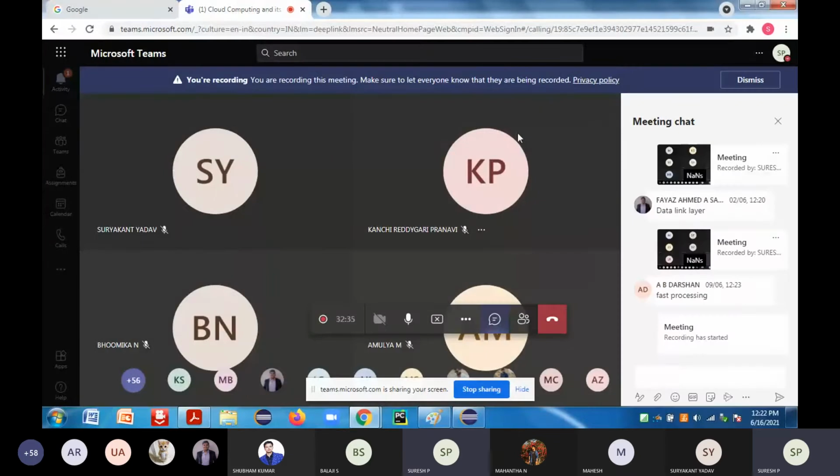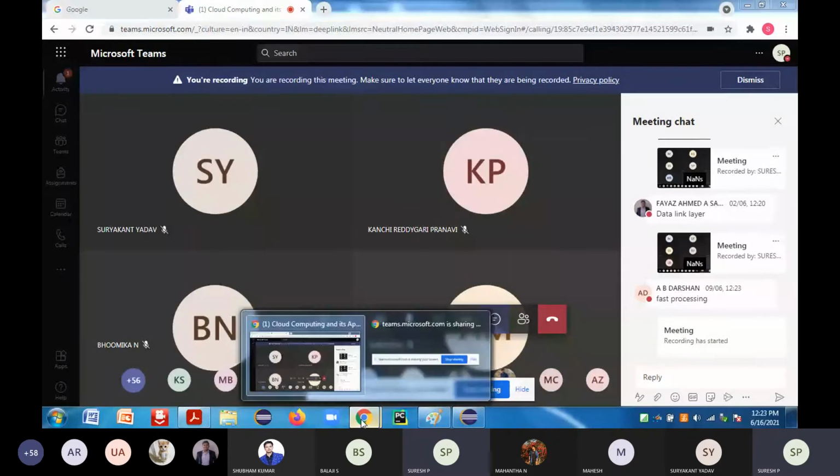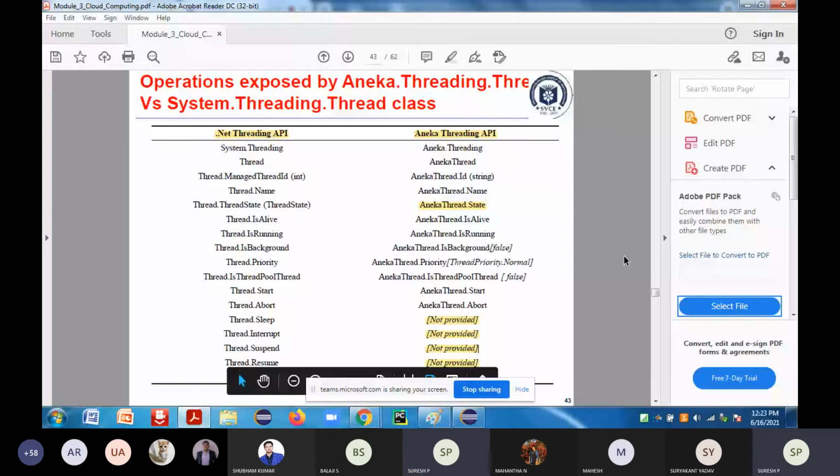What's the reason we are not supporting it? What will happen if I run that particular interrupt operation? What is the thing which is going to happen there? Can anyone answer why the interrupt operation is not supported in Aneka?